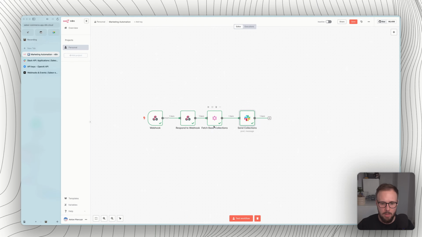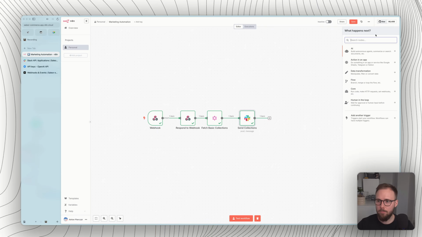So here is fetch basic collections, send collections, and we want that to only happen when the bot is mentioned, but then the other path will trigger when there is a reaction on this message sent by the bot. So we need to have a switch block for it,